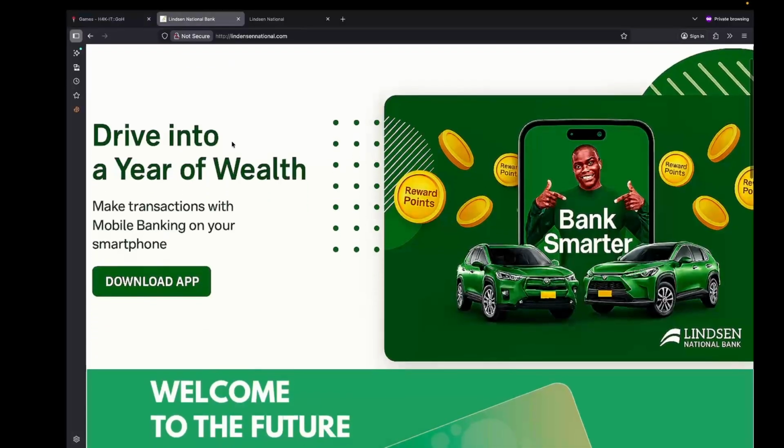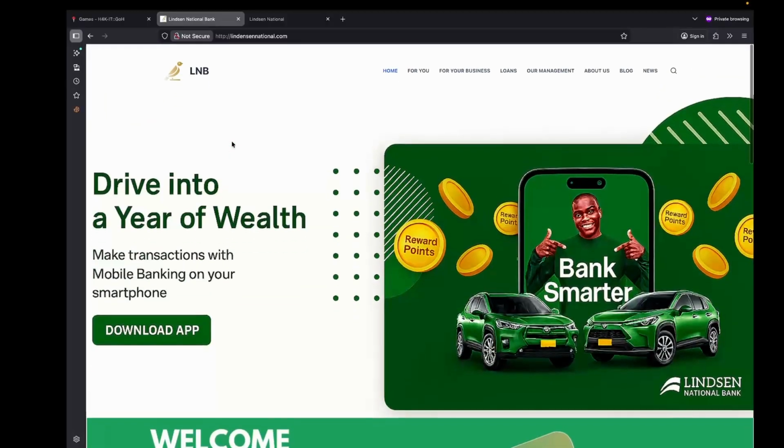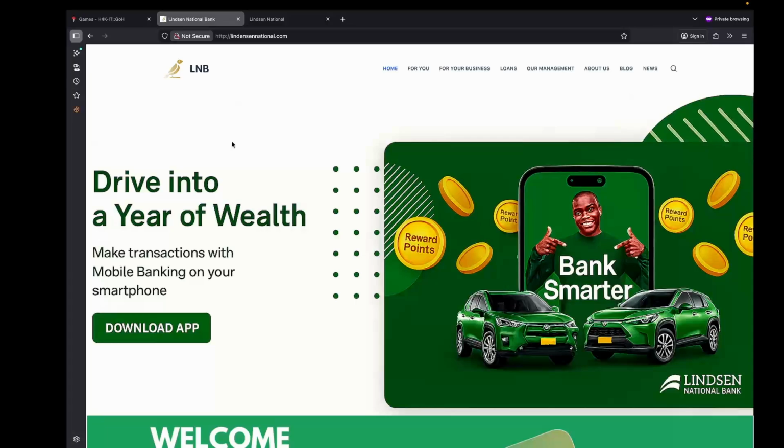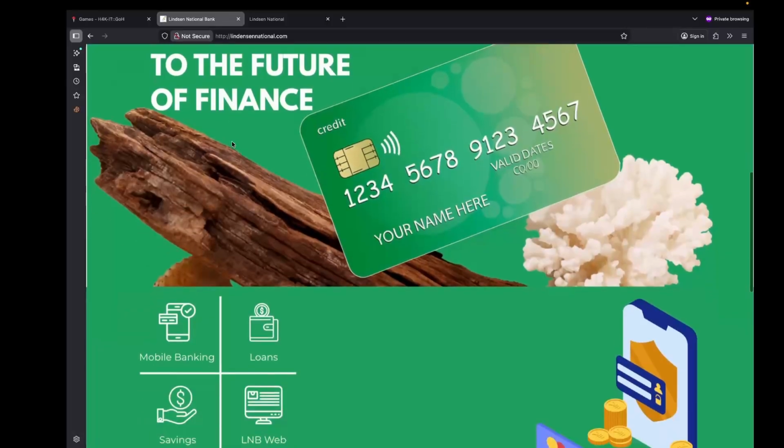This is the site, and it is actually a site that mirrors a real banking website, with the normal advertisements. We have reward points, maybe a year of wealth, some credit card infra. You can get a credit card after opening an account.